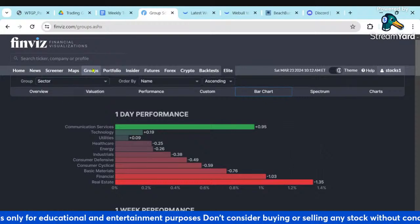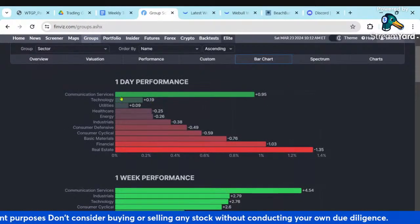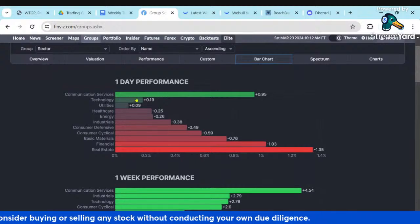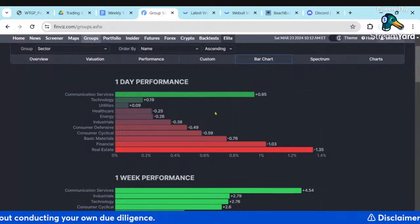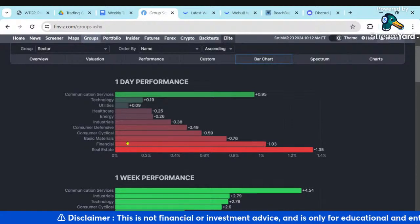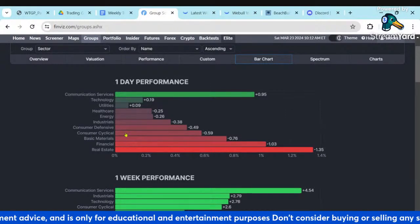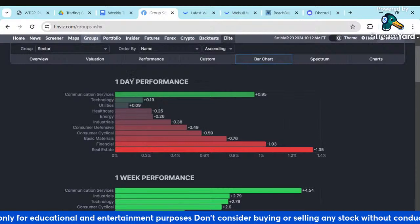Okay, if we look at the groups of sectors in FinViz, we can see really the only positive on Friday were some technology and communication services, which is going to be Google and Meta. The weakest sectors were real estate, again yield and mortgage rate sensitive. The financials had a correction, a retracement finally. Basic materials somewhat negative. Utilities a little positive. So generally it was a defensive day with the exception of Google, Meta, and a little bit of technology, probably